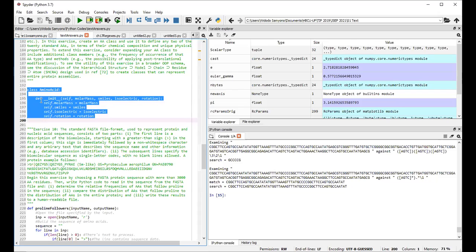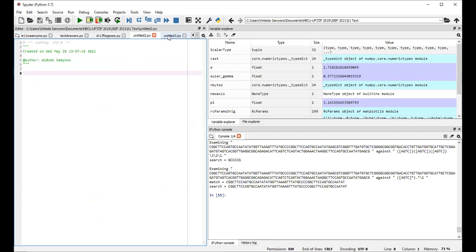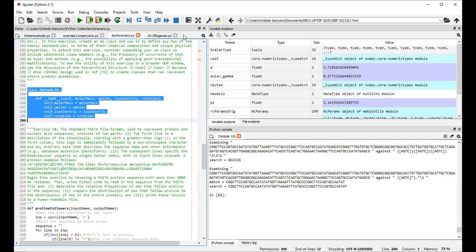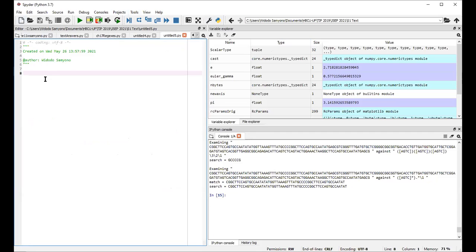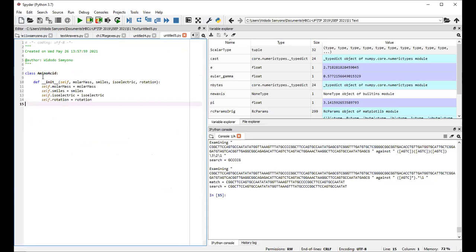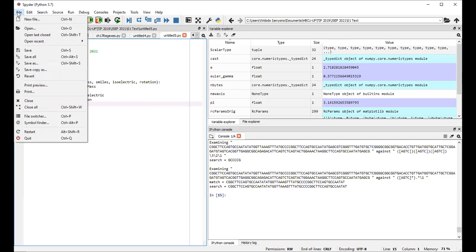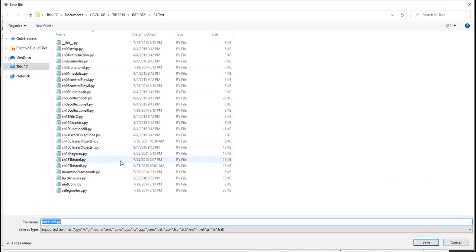Control C. Yeah, I need to change the name, right? So into save as,